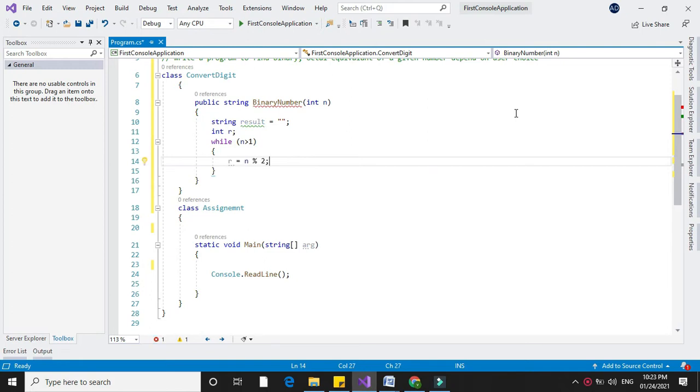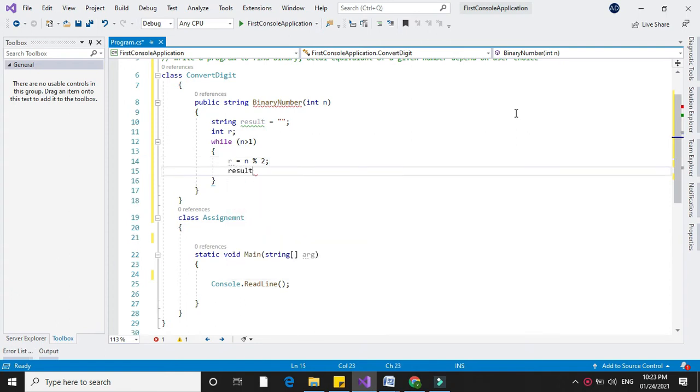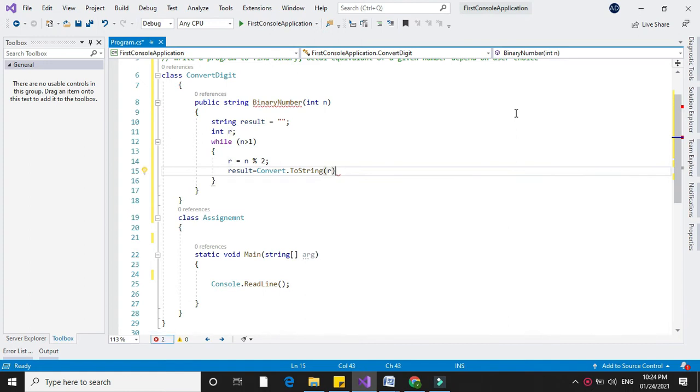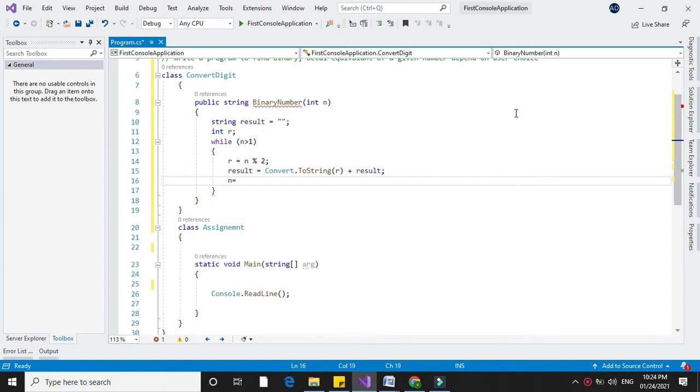Since we are finding the binary number, we will use n mod 2 to separate the digit, and result equal to, we will convert the separated digit to string, and we will concatenate it with result, and we will divide n equal to n by 2 since it is a binary system.